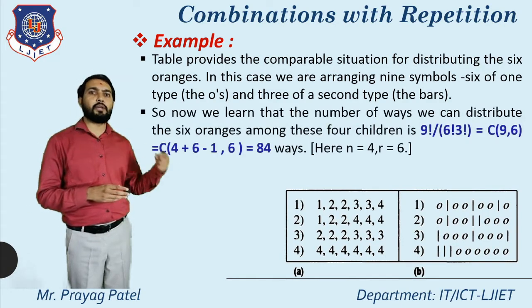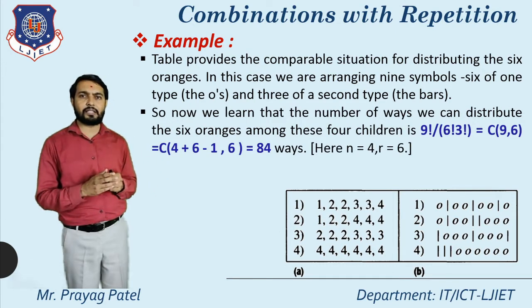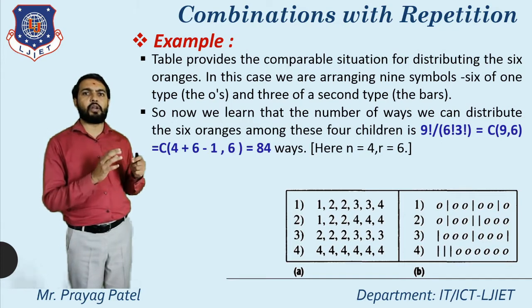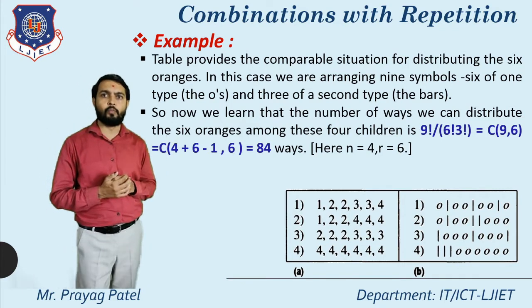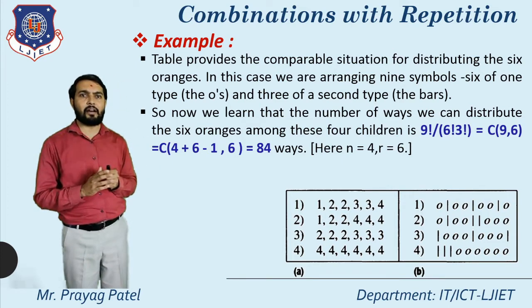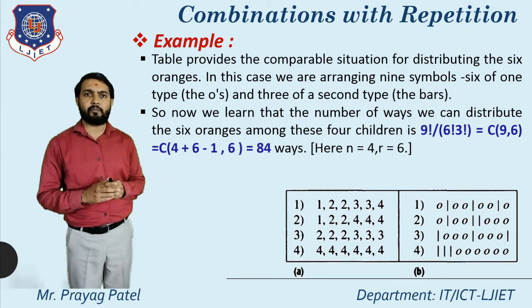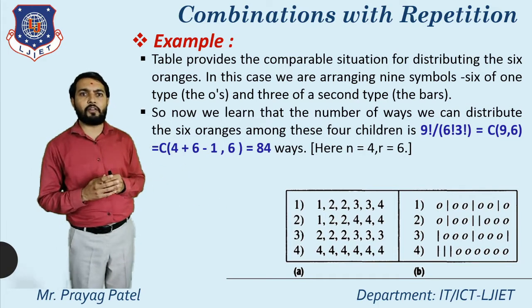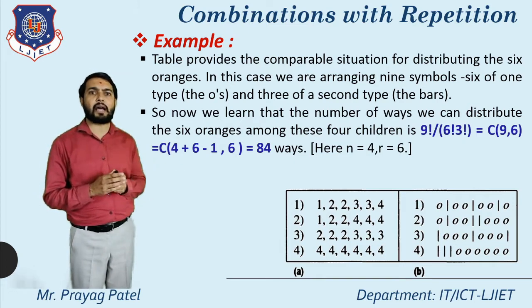Now another thing in this example is orange. So oranges are also distributed between these 4 students. There is no criteria for the orange like this: each and every student exactly gets 1 orange. This criteria is not given. So how many possible ways for this orange? Here total 6 oranges are available. So 6 O's are represented in this table as oranges, and here 4 students are available. So 4 minus 1 means 3 separation bars are used.